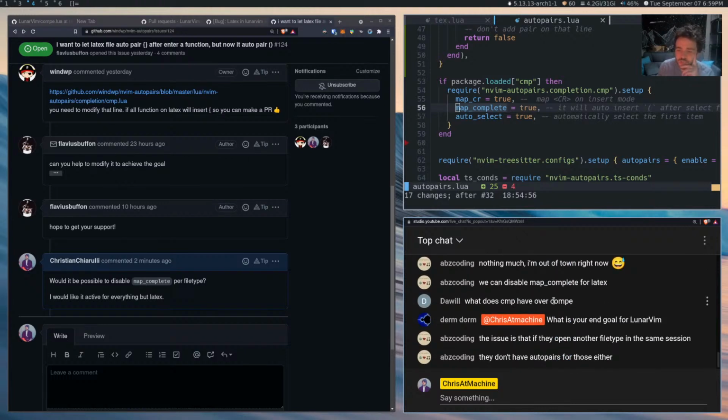What does CMP have over Compe? I keep explaining this over and over again, but Compe is deprecated in favor of CMP. What's my end goal for LunarVim? There's not really like an end goal. I'm just hoping that people will begin to use, like at least learn from this and then begin to use